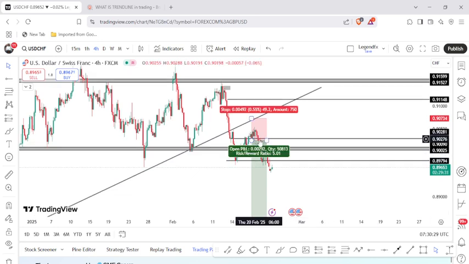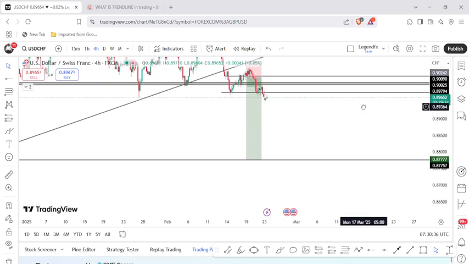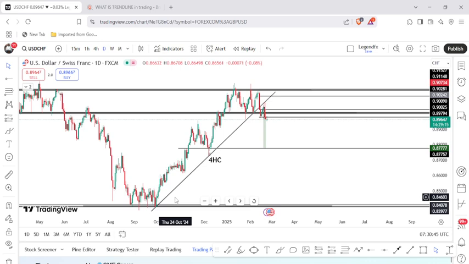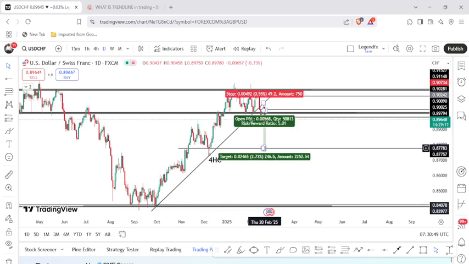I started shorting this guy from here, and all the way from here the market has bled, and I'm still hoping that the market will get here. Here is my first TP, and my second TP. Let's go to daily so that I will show you my second TP. My second TP is somewhere here, but I don't really know. But I will be closing about 80% of my position here if we finally get here.